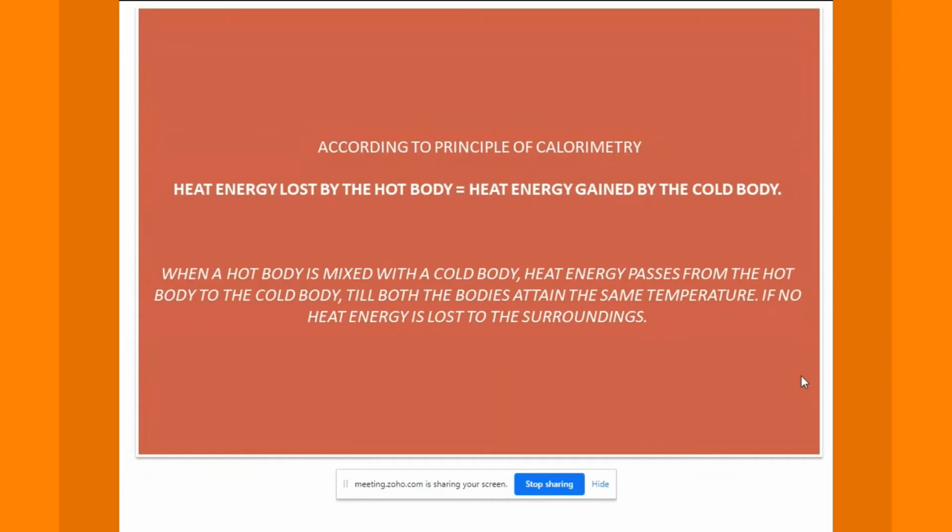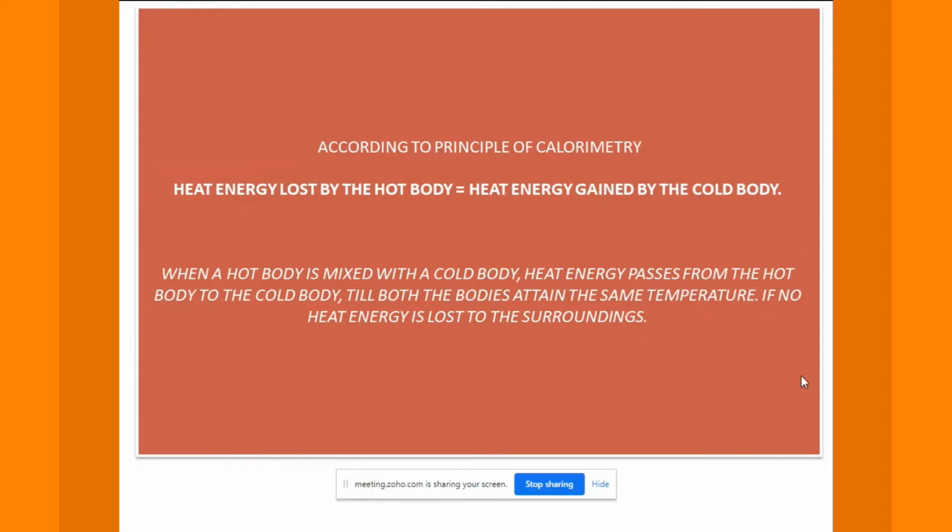According to the principle of calorimetry, heat energy lost by the hot body is equal to heat energy gained by the cold body. That means when a hot body is mixed with a cold body, heat energy will transfer. Correct? Heat energy passes from the hot substance to the cold one, right? The transfer will take place till both the bodies attain the same temperature, if no heat energy is lost